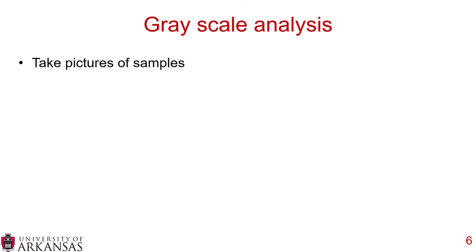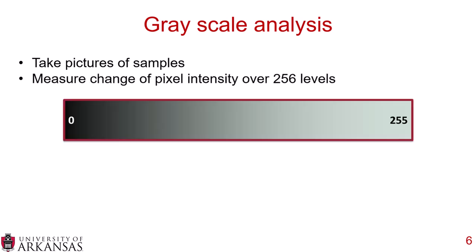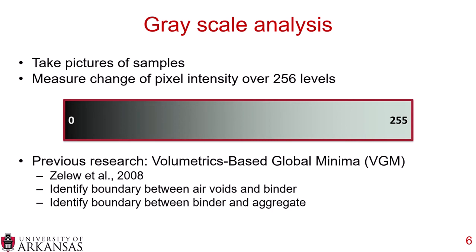Well, a grayscale analysis is where you take a picture of a sample and you measure the change of pixel intensity from 0 to 255, so over 256 levels. And 0 is completely black and 255 is completely white. And there's been some nice previous research on this, specifically around volumetrics-based global minima, or VGM,